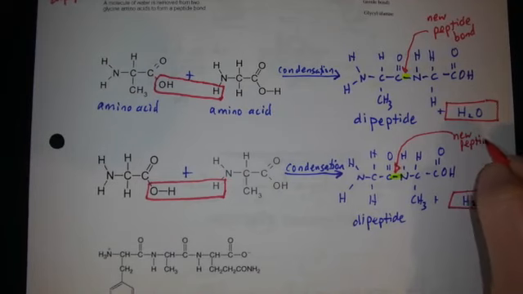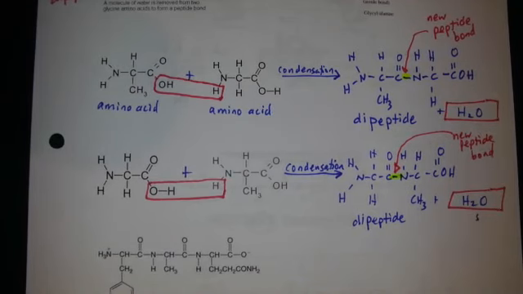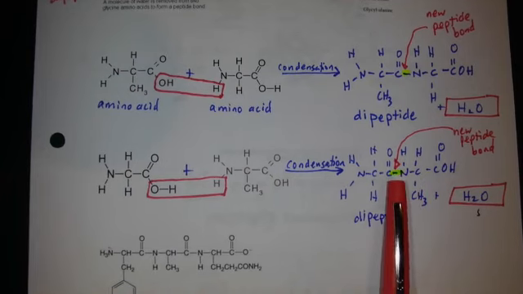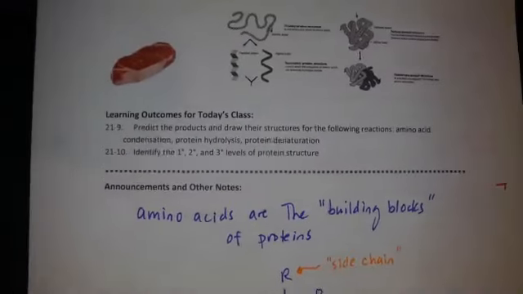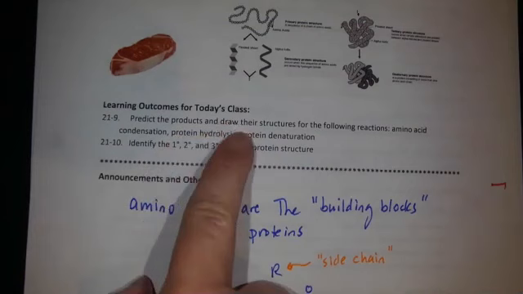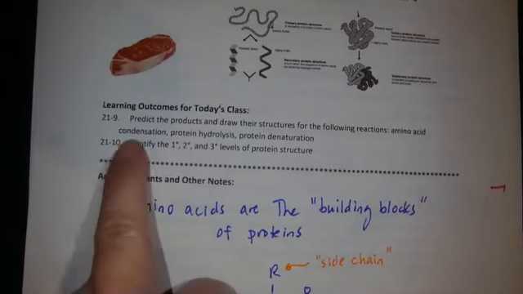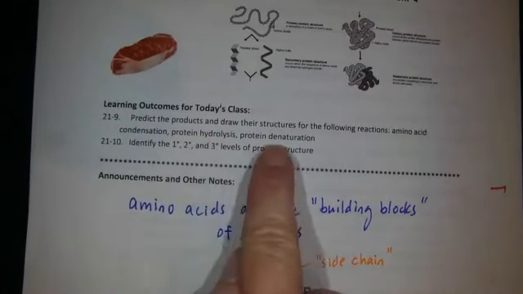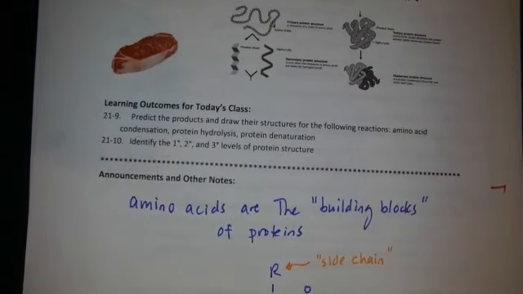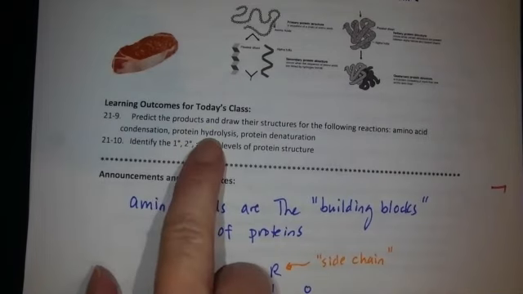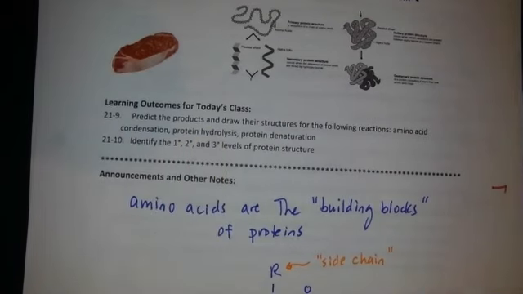I'm making a point of highlighting that peptide bond because it's important for you to be able to identify it. We'll see very soon that that peptide bond is the thing that breaks when we undergo hydrolysis. What we've just done, I'd like to come back to the outcomes that we're talking about. This video was learning how to predict products and draw structures for amino acid condensation, protein hydrolysis, and then we'll be talking about protein denaturing. What we've just done is the amino acid condensation. And what we'll talk about next then is hydrolysis.